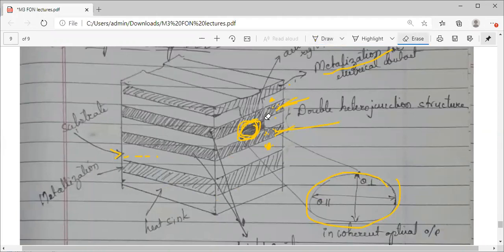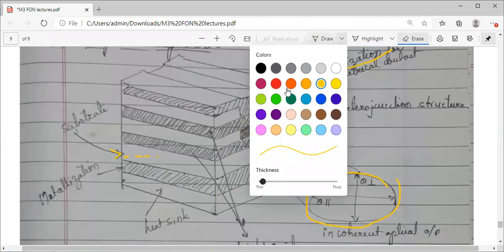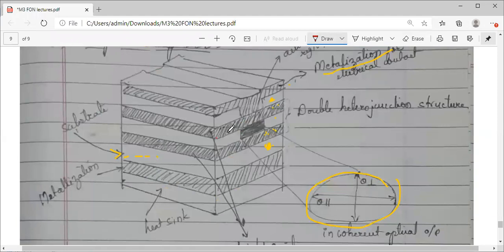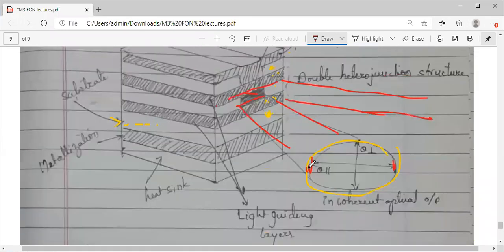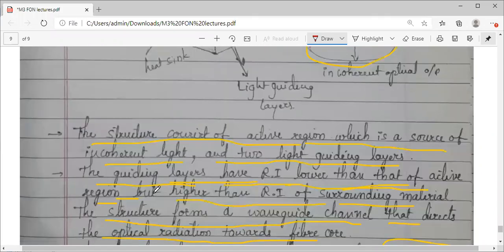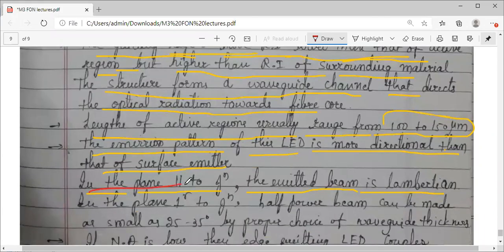If you see, junction कहाँ पे form हो रहा है? These are the junctions. Okay, parallel to the junctions means horizontal like this. Try to understand. Horizontally मैं ले रही हूँ. So here it is parallel, so it will follow Lambertian. मतलब यहाँ पर क्या होगा? The power distribution will be Lambertian, which decreases as cos theta. We have seen this in the earlier structure. So that is Lambertian.